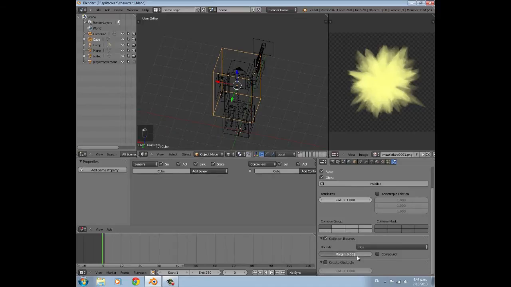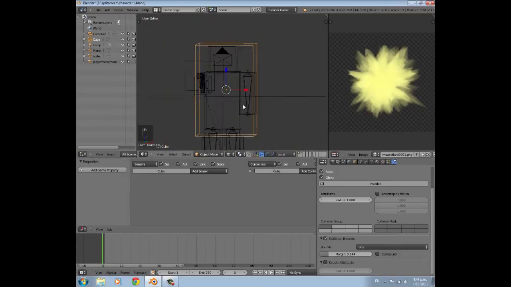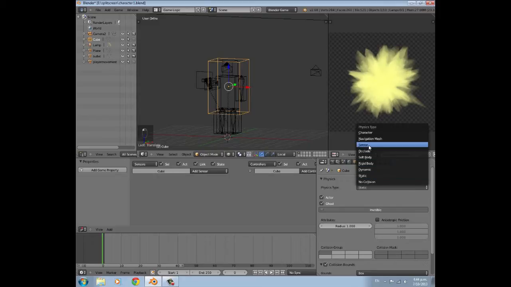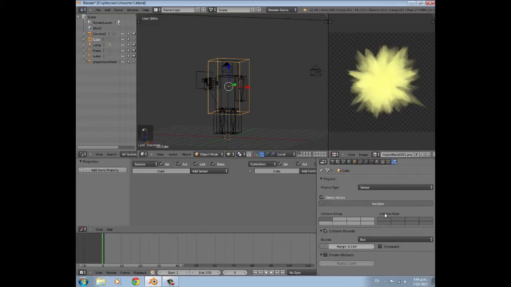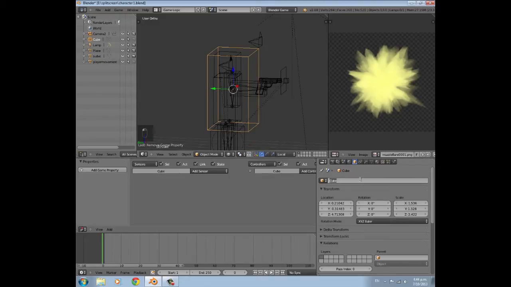And then we can add a margin if you want. Don't make it too big, because that's how much extra it can go out before it counts it as a collision. Then we're going to select invisible as well, and we're going to call it, actually no, we're going to select sensor, detect actors, and then collision bound box, and a bit of margin. And then we can go ahead and call it player sensor,